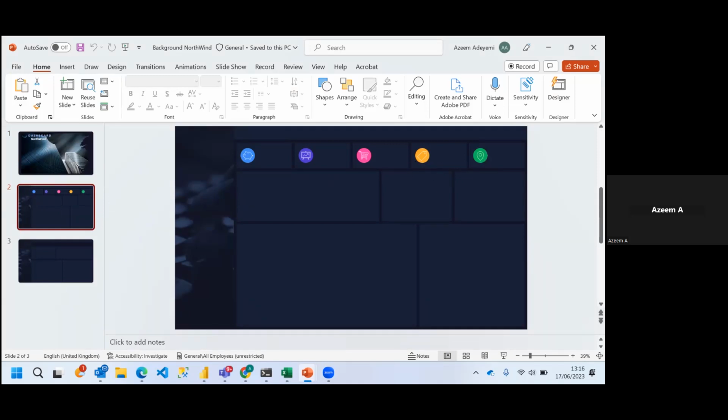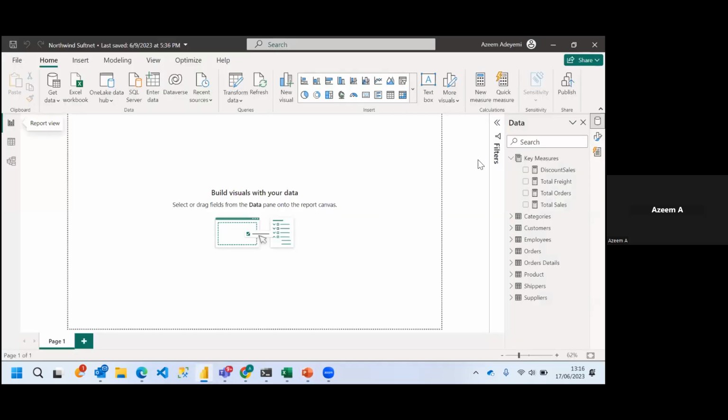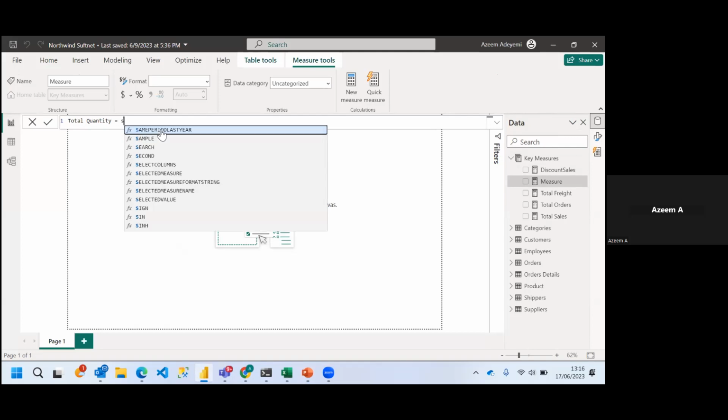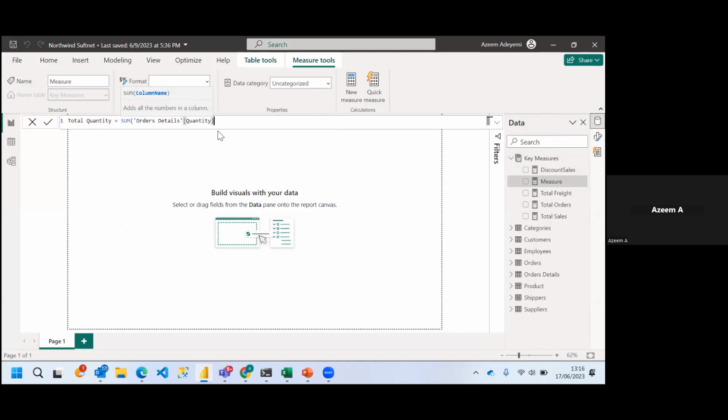Okay, so let's also go back and calculate our total quantity first. New measures. I'm going to say total quantity is equal to sum. I think we have a quantity here. Other details, quantity, the same thing. Right. Okay. Now,